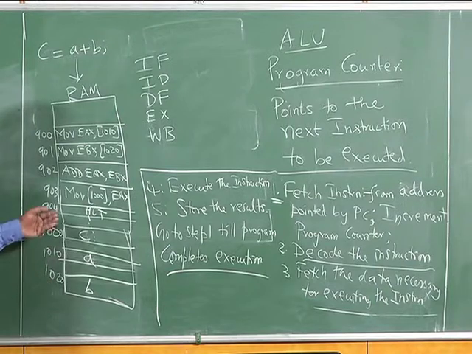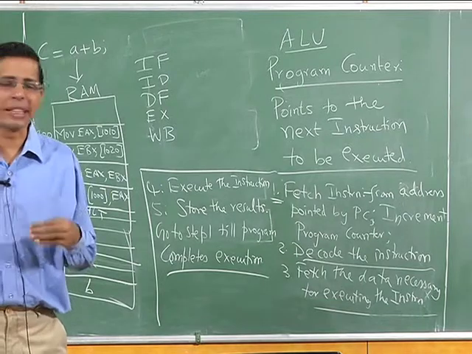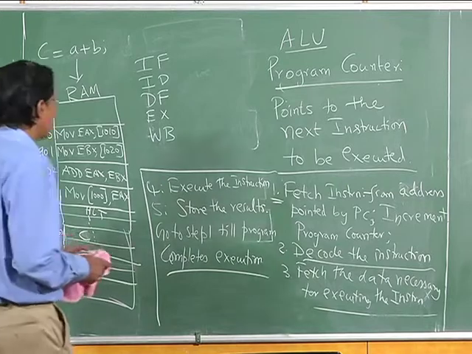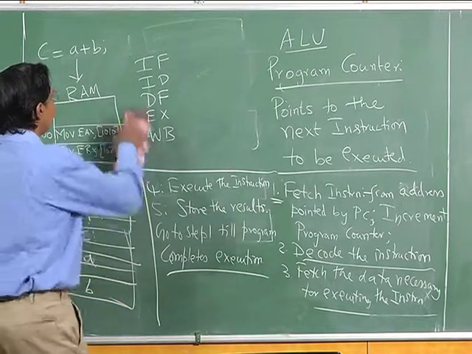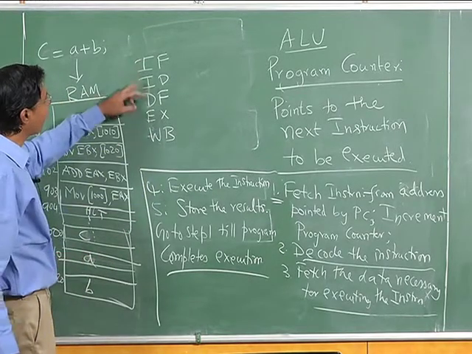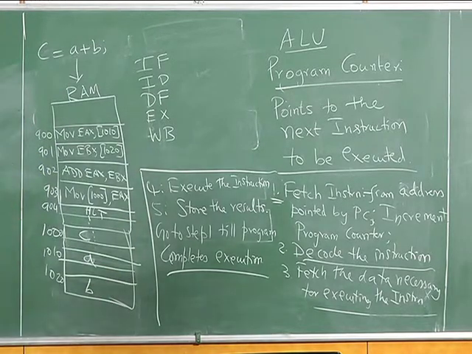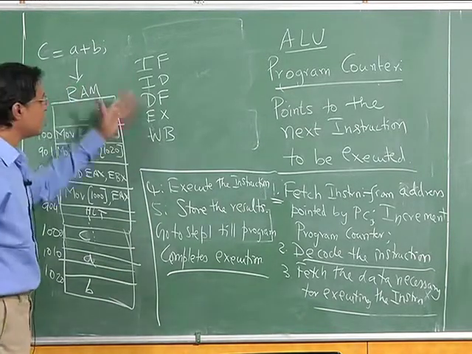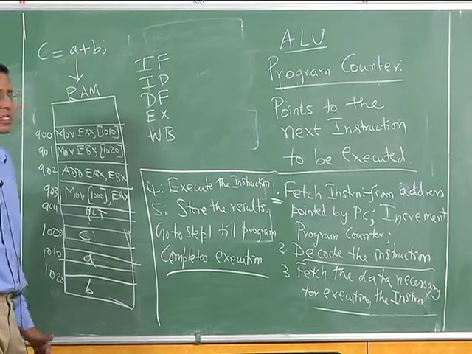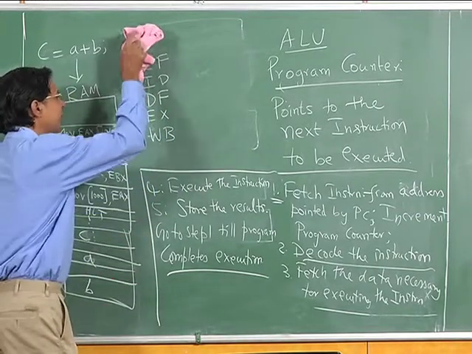Now, we will go and introduce what a micro architecture or micro programming is from what we have understood so far. So let us take, I am just erasing this part, if you want you can copy, I will give you a minute. IF, ID, DF, EX, WB, we will be using these quite frequently, please remember these abbreviations. So these are 5 steps in the execution of an instruction. I am erasing this.